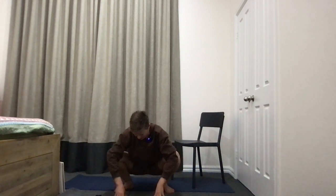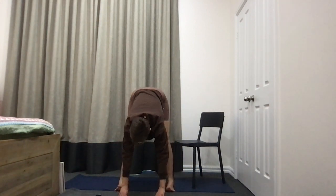Hips won't like that. Press down through feet, glutes on, and then using your outer glutes, you're going to squeeze the knees outwards. So you're squeezing these outwards using those butt cheeks, pressing down through the feet, arms pressed down on top of the knees, lift, breathe. And then whenever you're ready, you can come out of it, hands down, come into a bit of a forward fold,